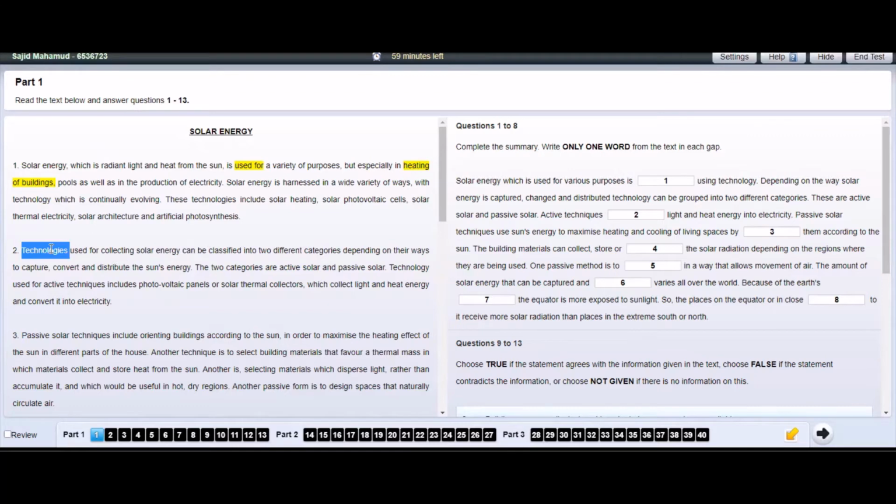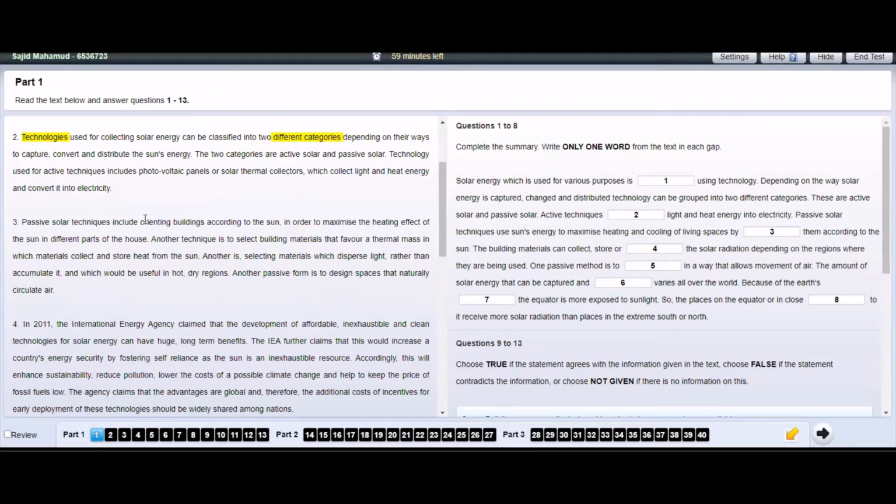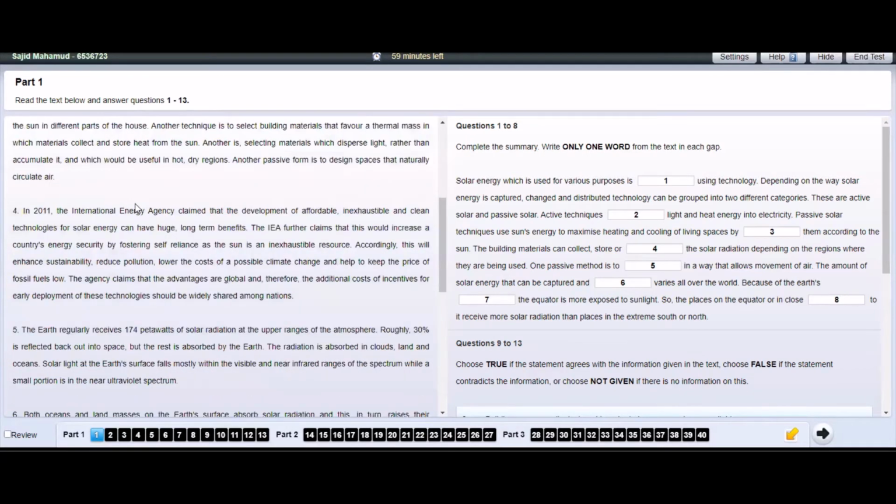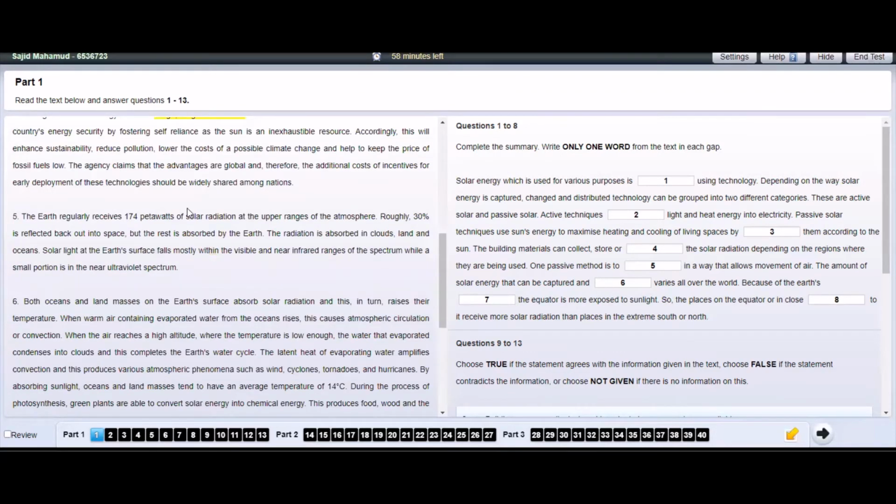Basic solar techniques include orienting buildings. There is a long-term benefit. The earth regularly receives